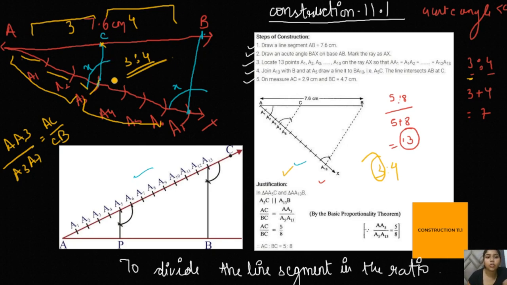Okay. How can you make a parallel line? Just measure this particular angle AXB, and make the same angle AA3C. Okay. When you make the same angle, you can draw the parallel line, and wherever it cuts, that will be your 3:4. I hope that construction is clear to you. In case of any queries, feel free to ask. As you already know, construction is something you should know, right? So feel free to ask.